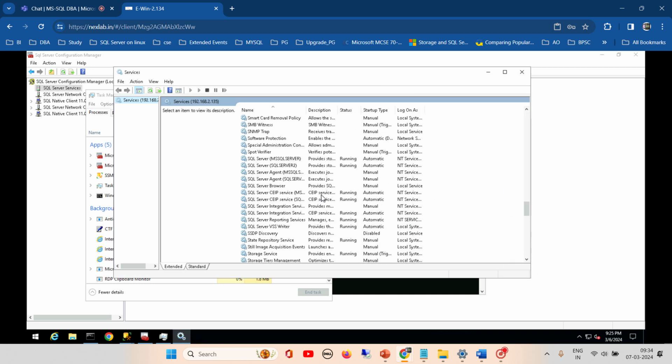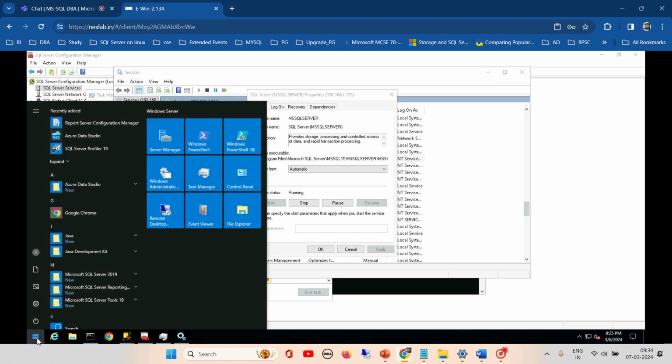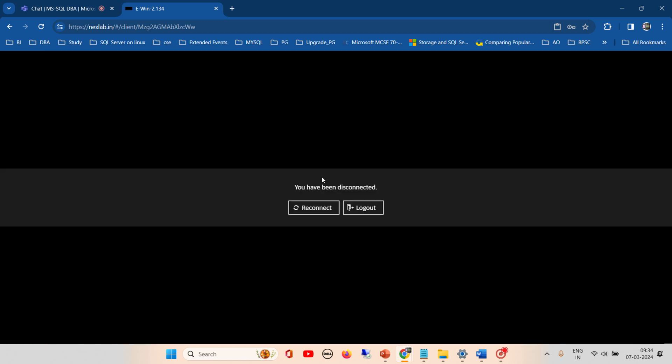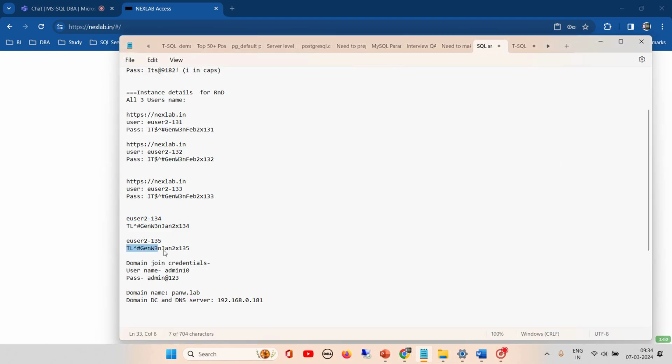But I think from here we cannot get that allocation option. We just go to the system only. Okay, let me disconnect this system and we are going on 35 and then we can add from here. Disconnect, we reconnect, log out, relog in with that 35 and the password is